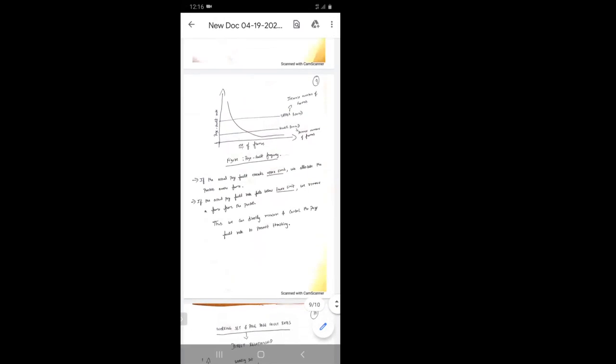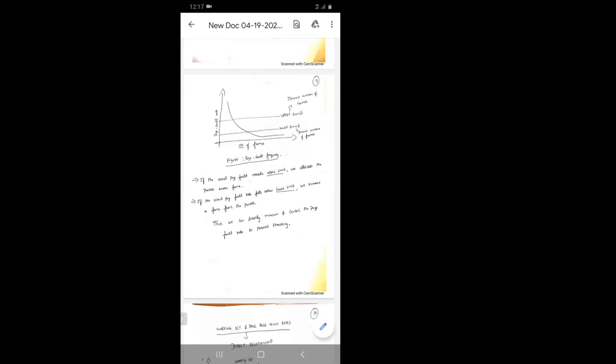So now you can see a figure. The figure is very clear. The upper bound limit and the lower bound limit, we use all these in the method called page fault frequency. It is called the PFF method, that is the page fault frequency method. On the x-axis we have the number of frames. On the y-axis we have taken the page fault rate. So now you can see the upper bound and lower bound.